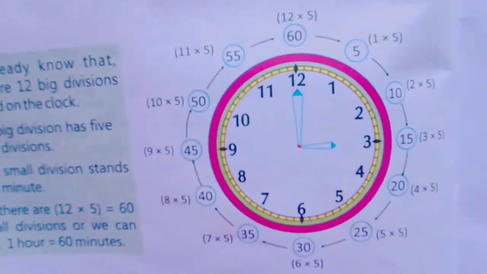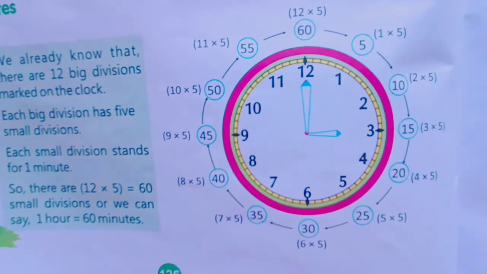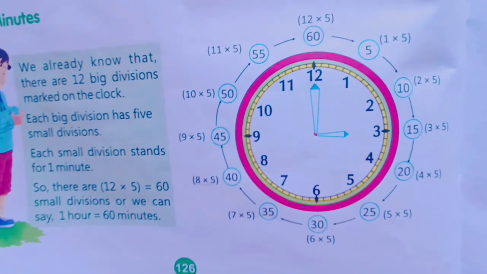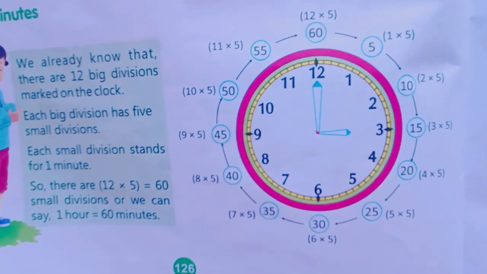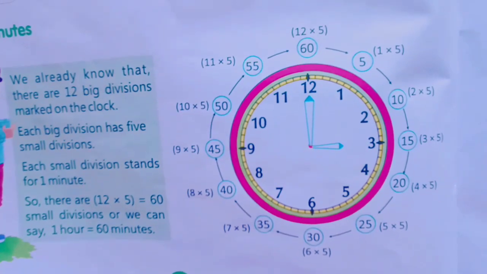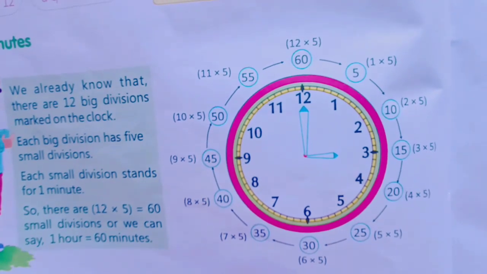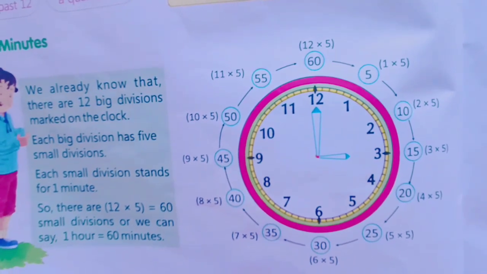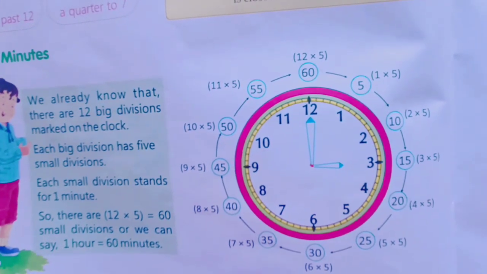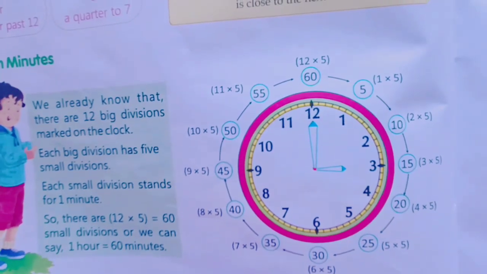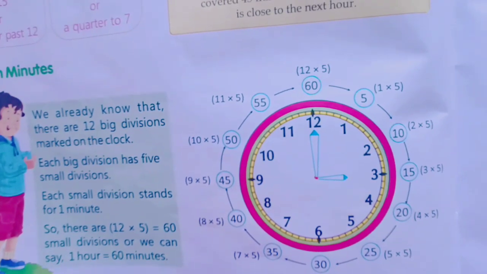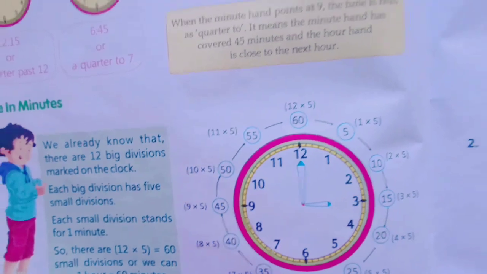You can see the example of this clock given in your textbook. Just observe it by yourself at home. See here, first, whenever the minute hand is on 1, it is 5 minutes. Whenever the minute hand is on 2, you multiply 2 with 5. You have to multiply with 5 only. Okay, children? When it is on 3, you multiply 3 fives are 15. Whenever the minute hand is on 3, you multiply by 5 and understand that it is 15 minutes. When it is on 4, it is 20 minutes. 4 fives are 20. Okay, children? Understood?